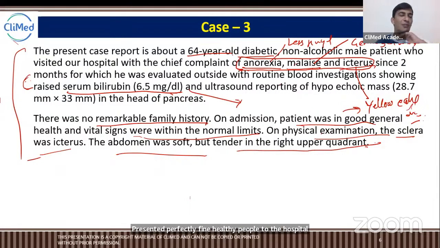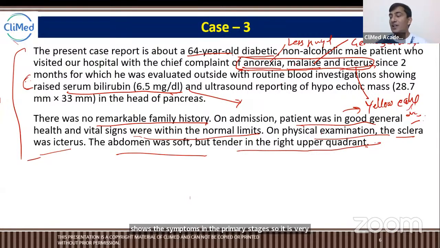Patients presented either completely normal just for the health checkup, or maybe simply vomiting, or came for some lump in the breast, very normal conditions. So this indicates that cancer in the preliminary stages does not show any kind of symptoms. Very few types of cancer show symptoms in the preliminary stages. So it is very important to have early detection by early screening.